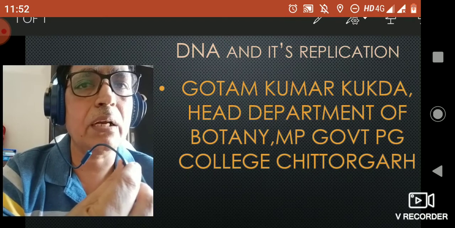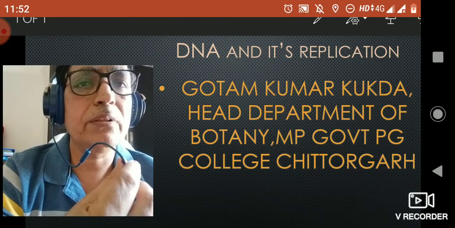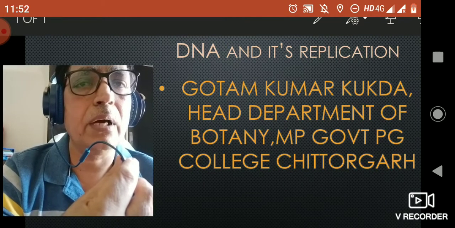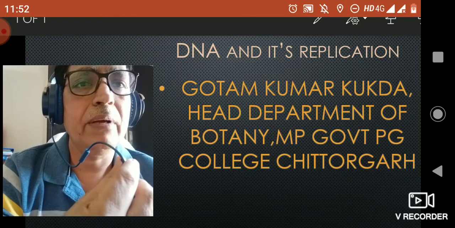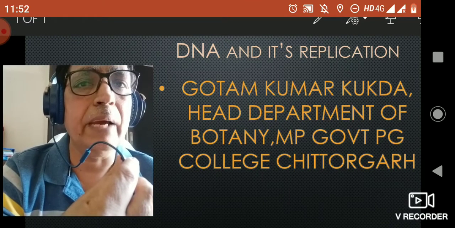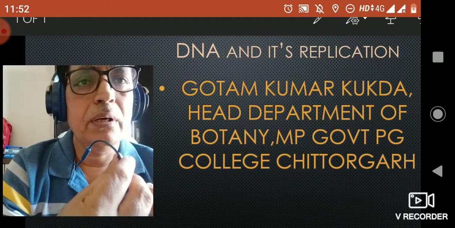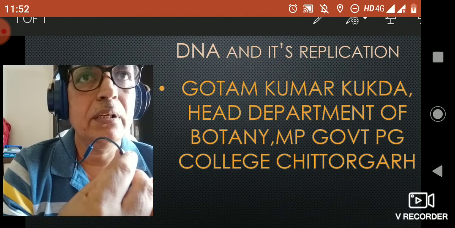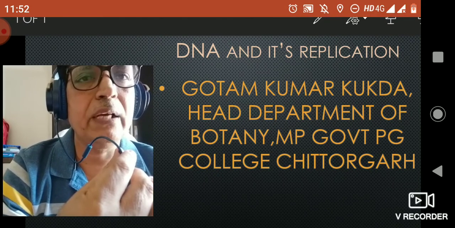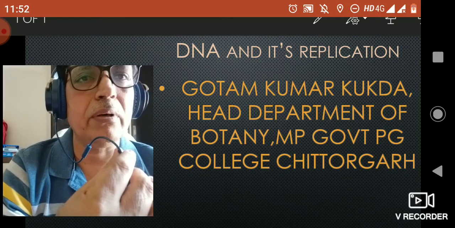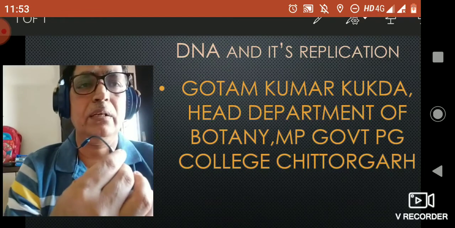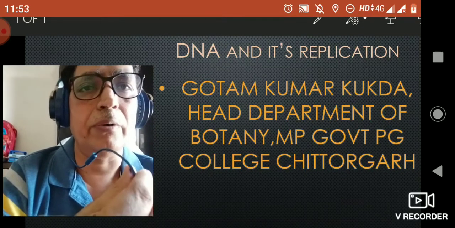The sugars are combined together with a phosphodiester bond by phosphate. Two sugar molecules have a phosphate in between them. Now, DNA has nitrogen base pairing. Adenine always pairs with thymine with a double hydrogen bond, whereas cytosine always pairs with guanine by a triple hydrogen bond.